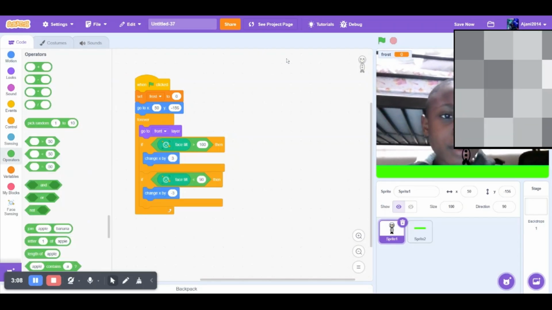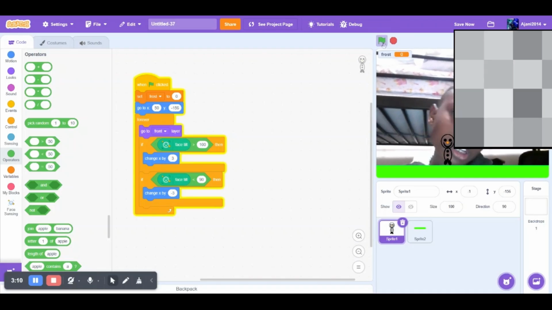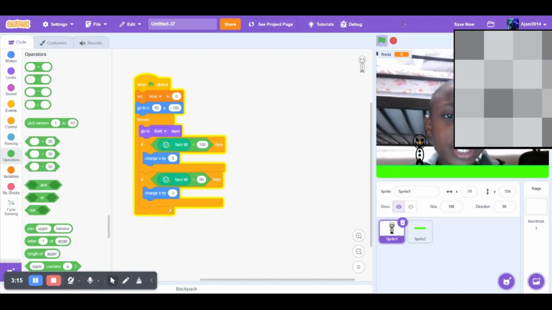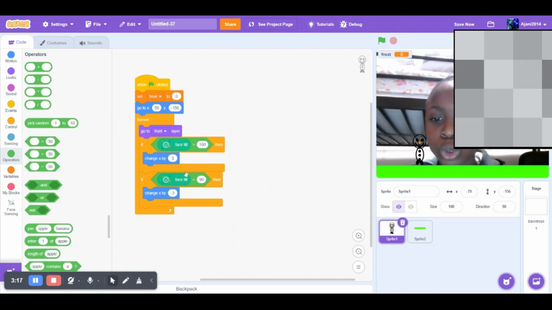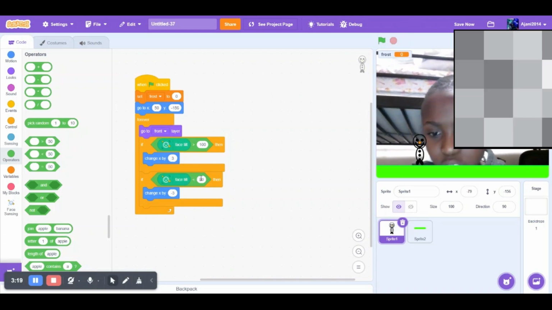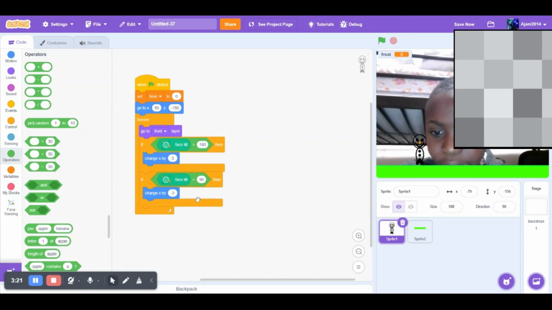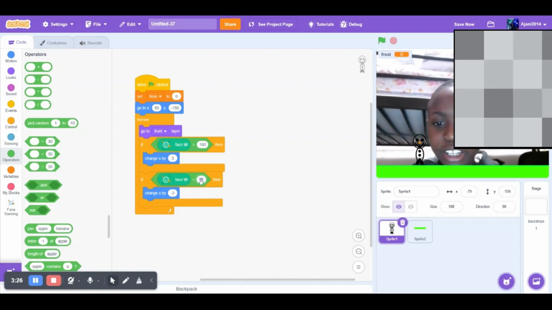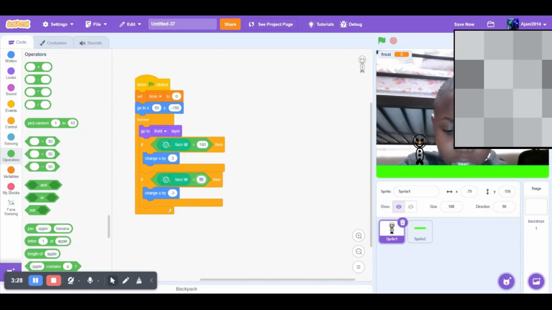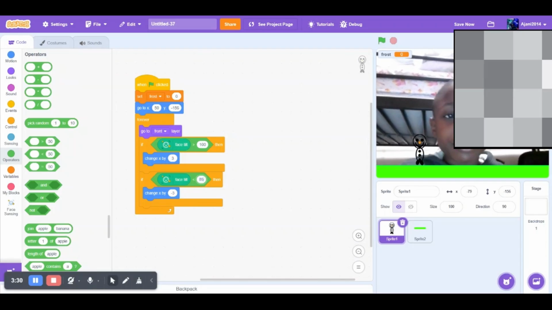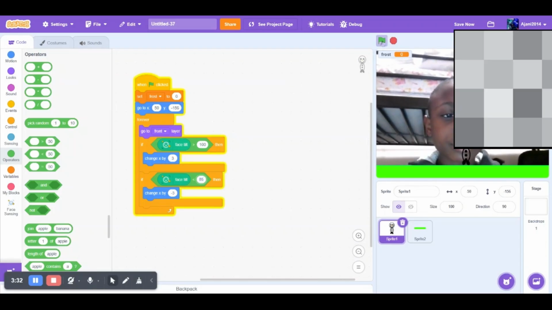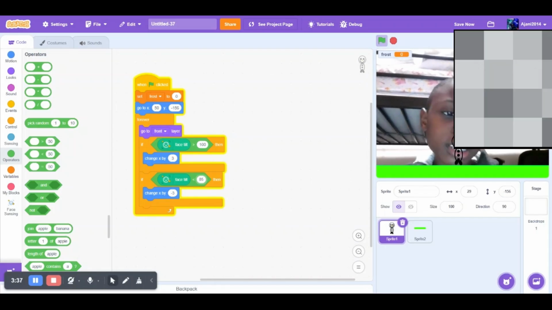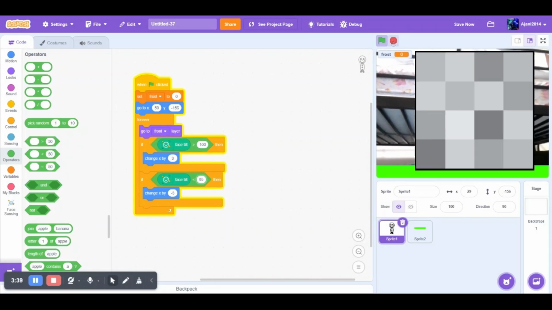So now, when you click on the flag and you tilt your head, you see how it moves when you don't want it to. So we want to change the second if face tilt, which is if face tilt is less than 90. So maybe make it smaller, if face tilt is less than 85. Let's try that. That's a bit better. Yep, we want it to do that. Okay, so